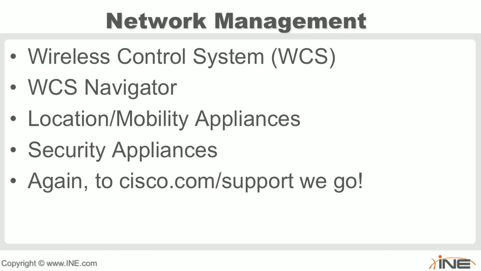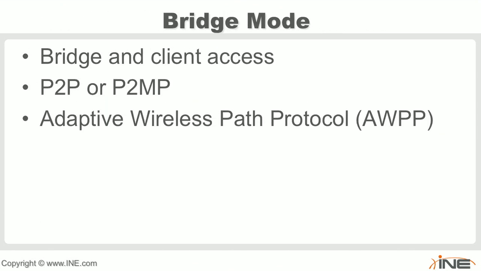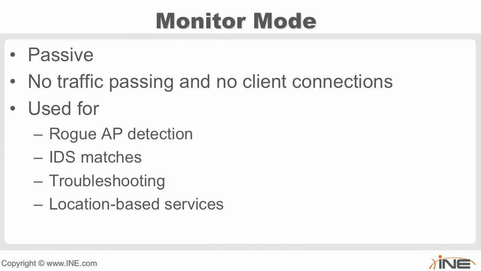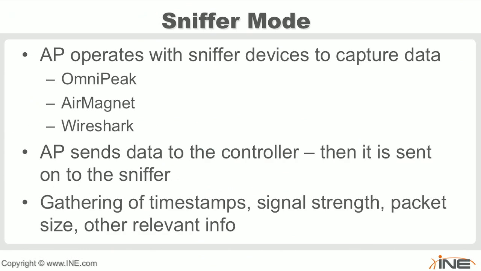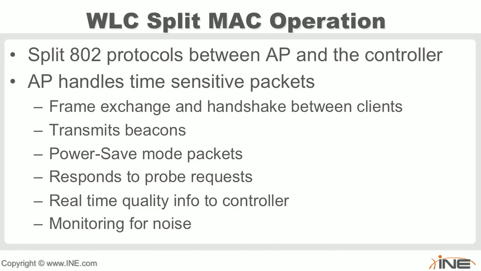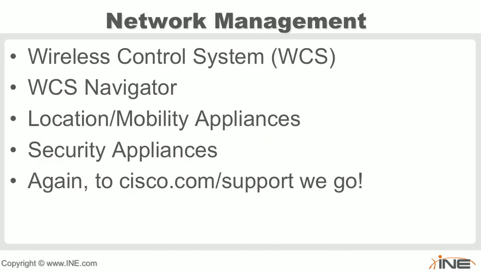So that's why we would have things in, let's say, our rogue detection mode, but more importantly, maybe our monitor mode, just passively listening to everything. That's going to help us find, within a very small area, roughly a meter, 3 feet, exactly where these 2 or 3 different video cameras are